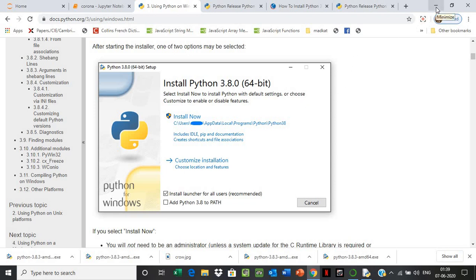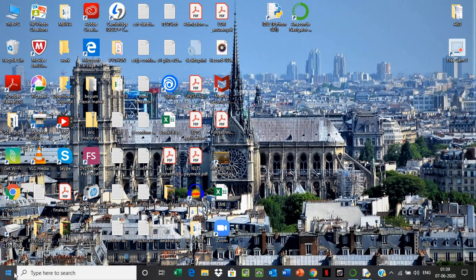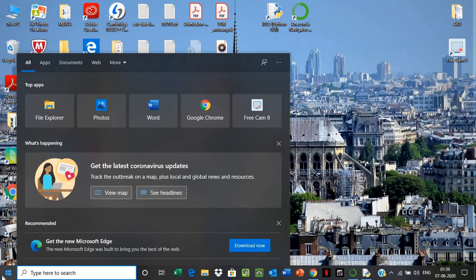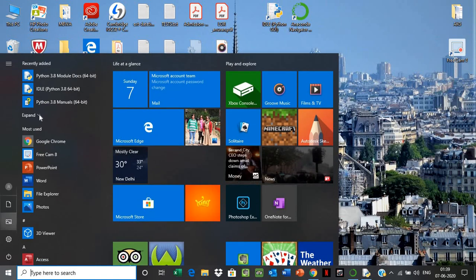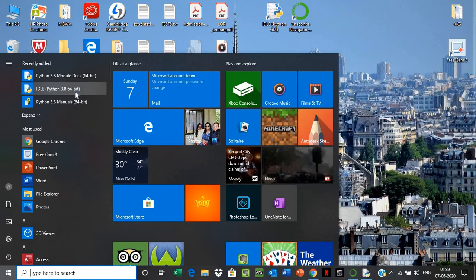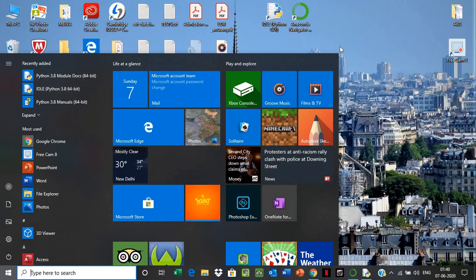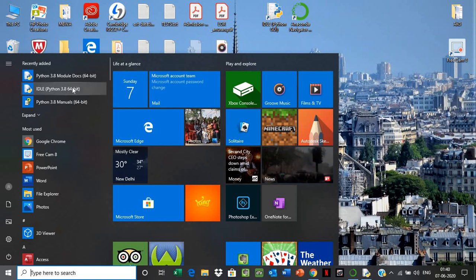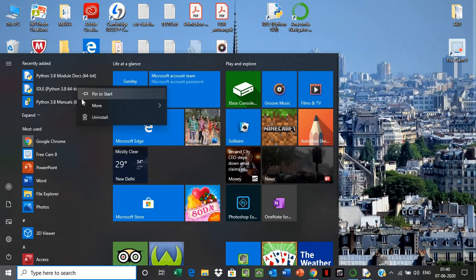After you install, if you go here in the start, or in this start you write Python, you see the IDLE Python 3.8 64-bit, this logo is here. You can click it and the window will open, but instead of that you should do at least once, you right click and go to more,